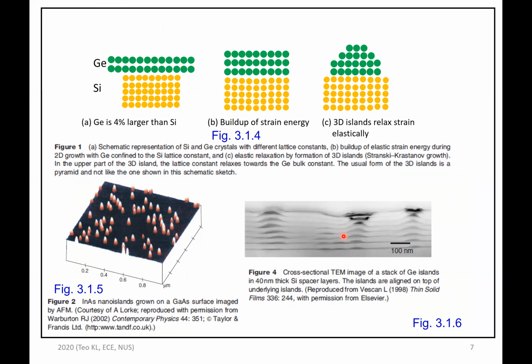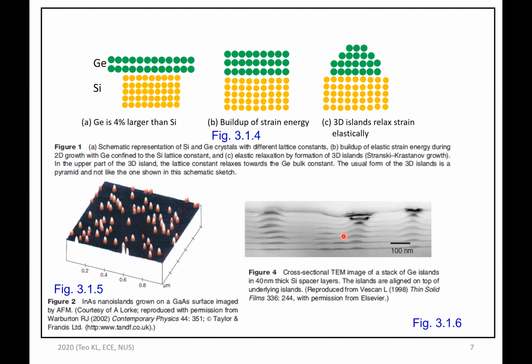So in this figure, for example, people have studied germanium, having a lattice constant larger than silicon, about 4% difference or 4% mismatch, trying to grow germanium on silicon. So actually, there's a strain relaxation, but this relaxation does not induce dislocation. The relaxation without dislocation formation has been studied extensively and modeled using linear elasticity theory.